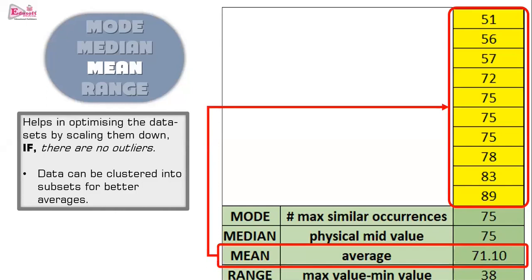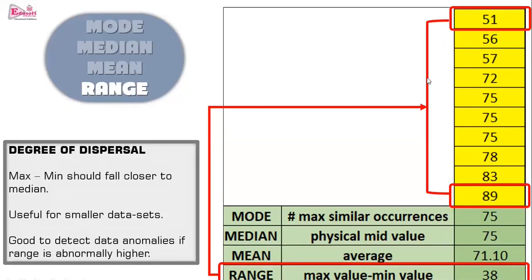So where do averages actually help us? Averages help us in certain cases where we have a huge data set and the figures are very close. Suppose I have 1,000 records on the basis of age, so for the people having similar age, I can take their average and the number of records can come down. 1,000 records can come down to a few hundred, because I have eliminated the similar age records and just worked with the average. So if you take the average in the data set, you can scale down the data set to a smaller size, and it is easier to handle.